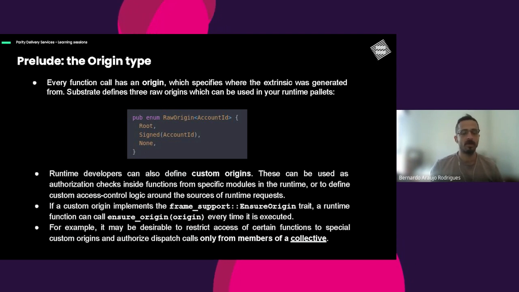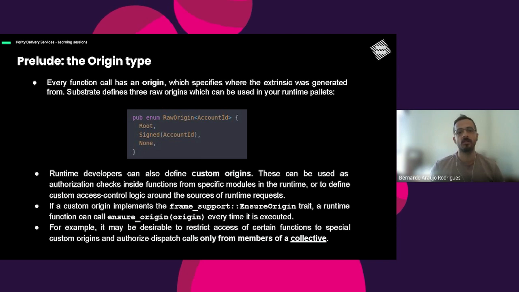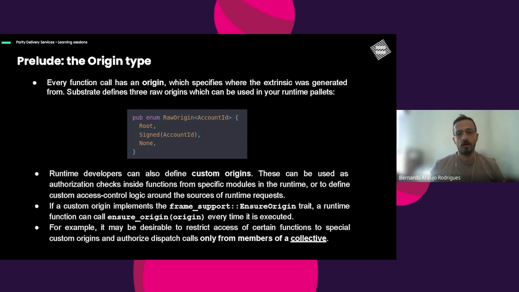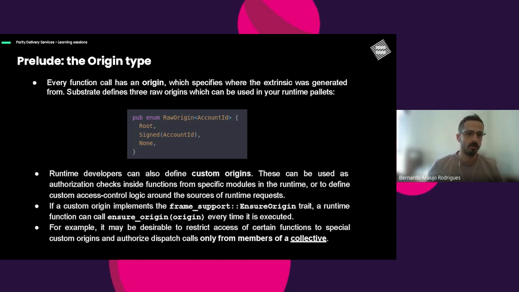In the Substrate runtime, every function call has an origin, and it specifies where the extrinsic was generated from. Substrate defines 3 raw origins that can be used in a runtime, and that is root, signed, or none. Root; signed is any account, like a regular user; and none is usually used by validators to put